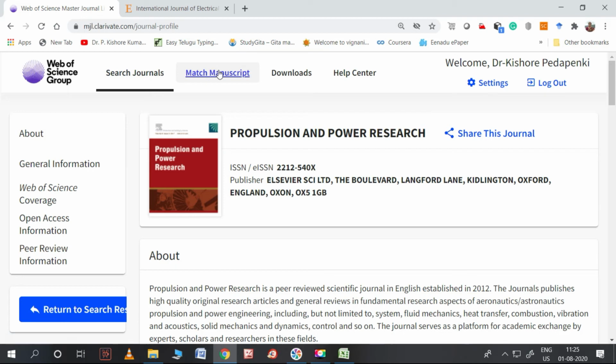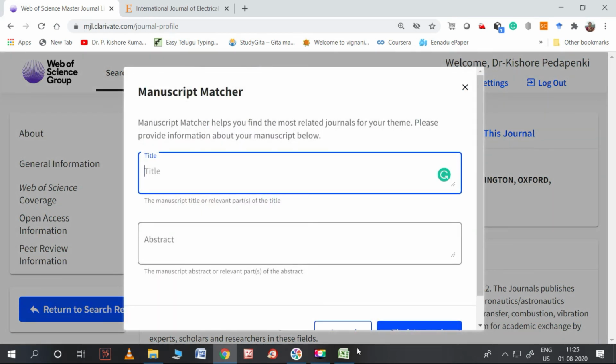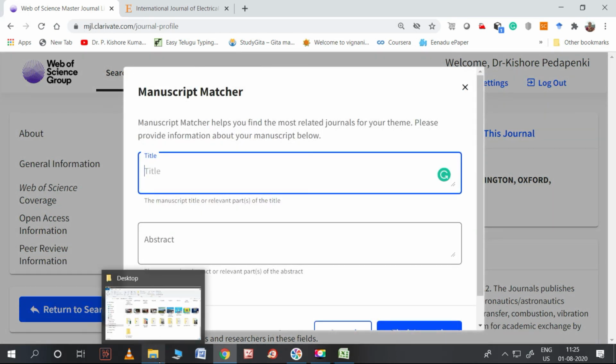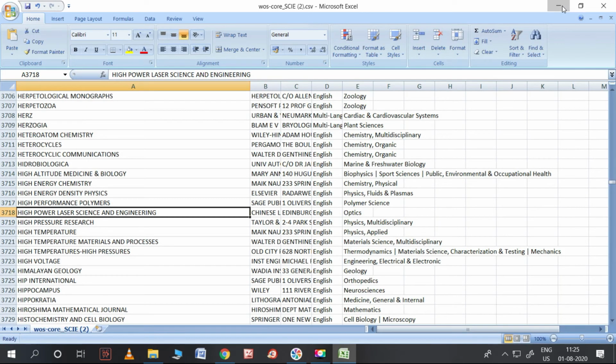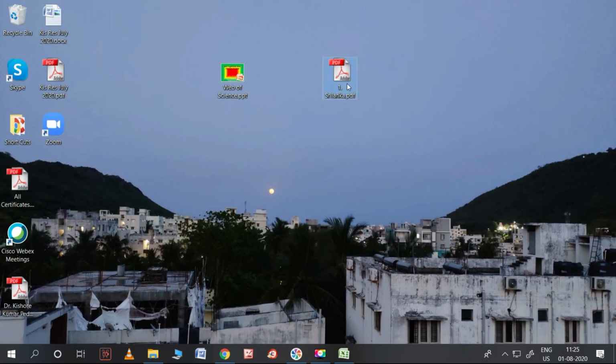Coming to match manuscript, what does it mean? So obviously, as we have already seen this part, match manuscript is if we have a manuscript with us, we can see in which journal it may go. Okay, I have one of my papers published in IEEE conferences, and that was in 2013.